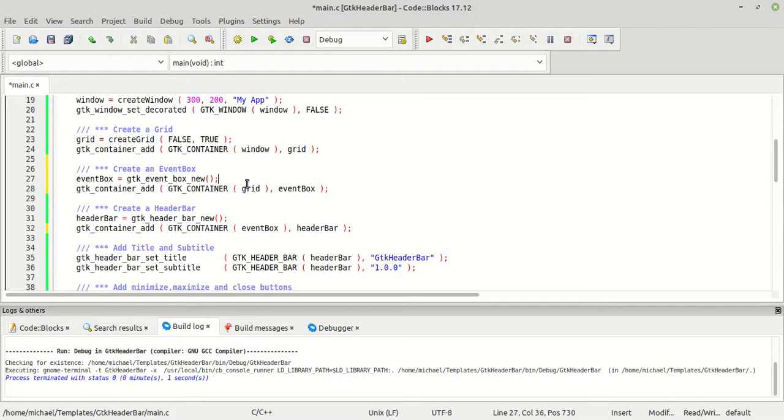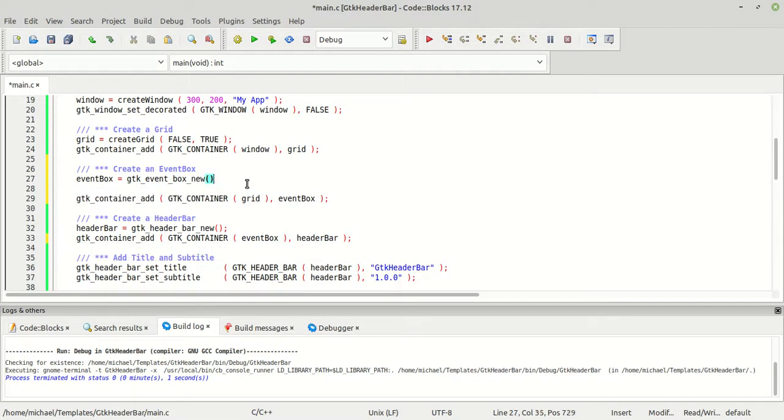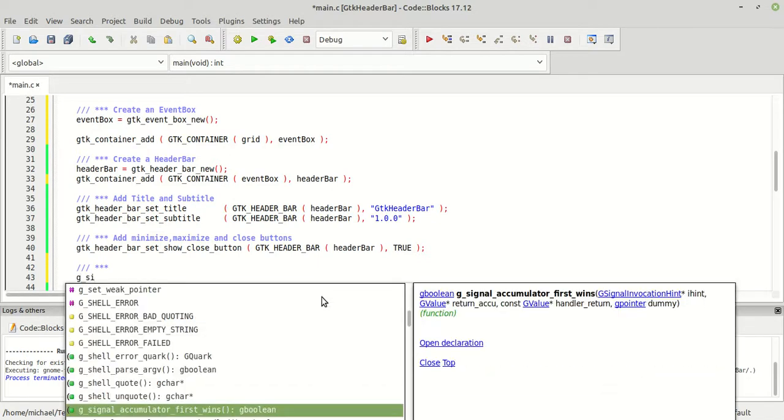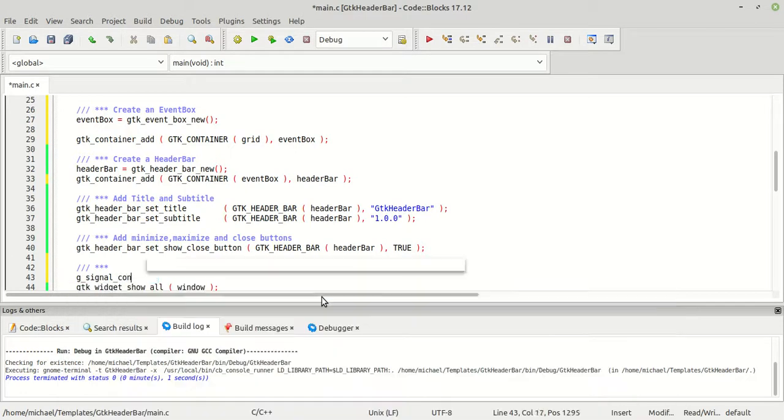So right here I'm going to leave it for a moment just to see what happens. So basically we are going to catch the signal which we needed. So I'm going to move right here. Normally I told you that you should catch those signals just after you create your widget. I'm not going to do it today. I'm going to mess up a little bit of things just to be clear so that you understand how those things work. So g_signal_connect